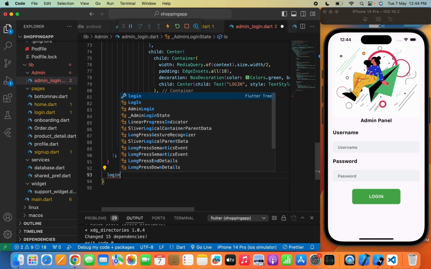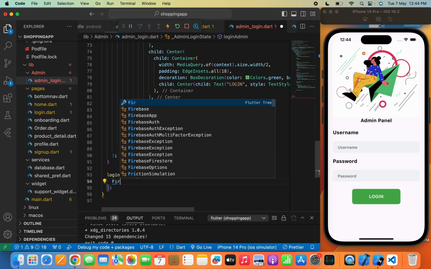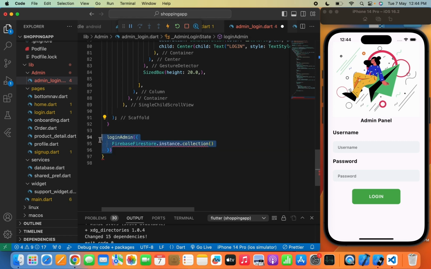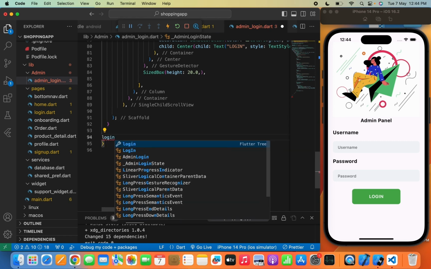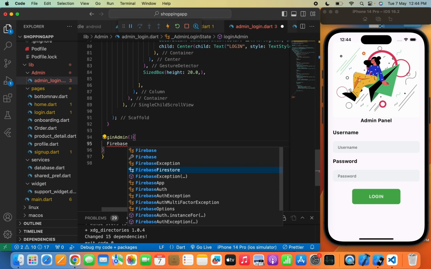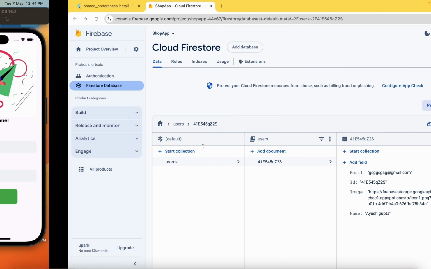So I will simply write login admin, and here I will write Firebase Firestore dot instance dot collection. I think so. Wait a second. I made a mistake. Login admin. Yeah. Now we can write Firebase Firestore dot instance dot collection, and here in the collection let's move to the